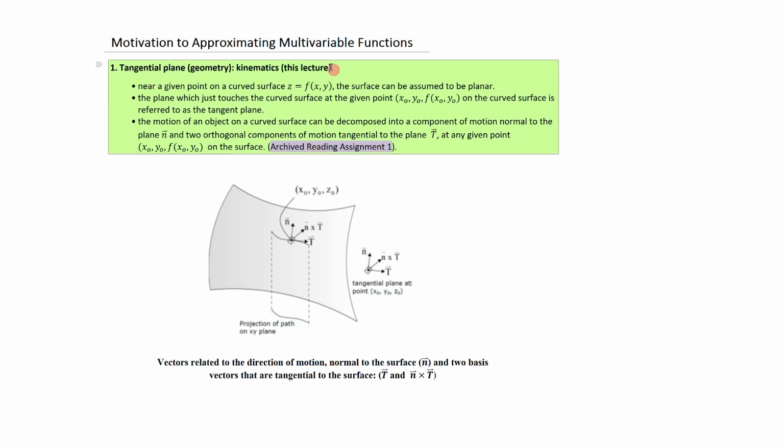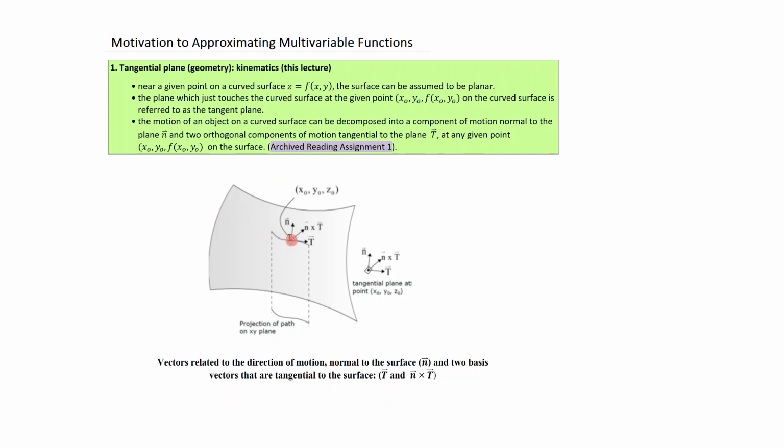So what's the idea behind this? First of all, near a given point on a curved surface, given by z a function of x and y, the surface can be assumed to be planar in a small vicinity around that point. The plane which just touches the curved surface at the given point is referred to as the tangent plane. Now, the motion of an object on a curved surface can be decomposed into a component of motion normal to the plane and two orthogonal components of motion tangential to the plane, at any given point on the surface. So if you look at this diagram,